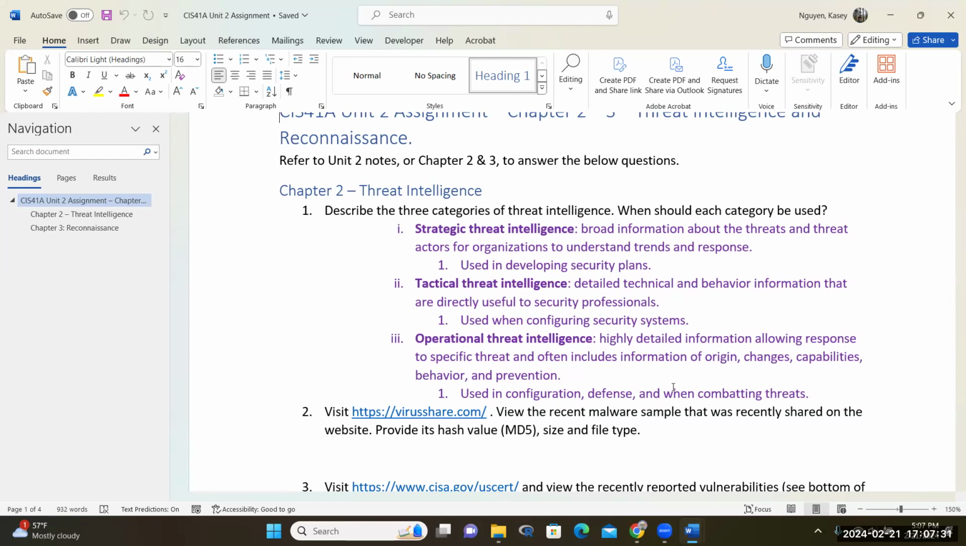So when should I use this? This is useful when I'm configuring, defending, and combating threats. So when you're responding to threats, when you're trying to prevent threats from happening, we want to always be on a proactive approach versus a reactive approach. So operational threat is usually mostly in the area of the security team and incident response,